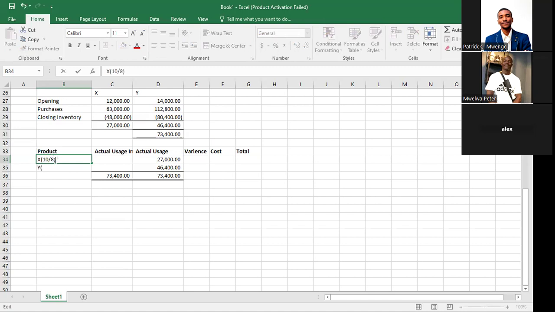So meaning for Y, it's 18, right? 18 over 28. And now this is the information that we use to compute the actual usage in the budgeted quantity, right? So we just say 10 divided by 28. Then you multiply this by 73,400. And then also